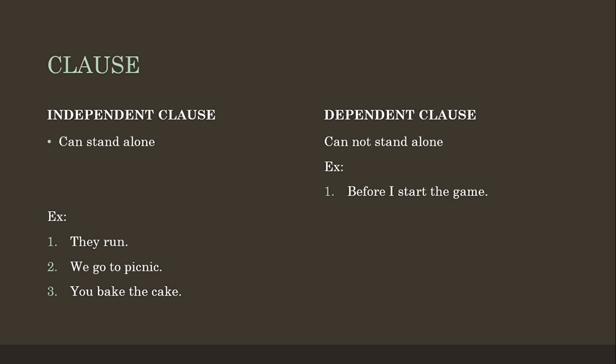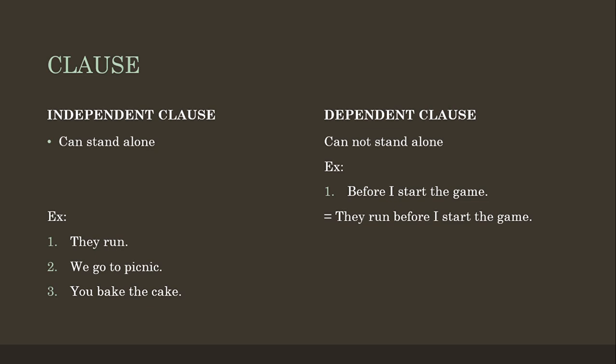So how to fix it? We join them together. We join the independent clause and the dependent clause: they run before I start the game. The independent clause is they run, and the dependent clause is before I start the game. Because there is one independent clause and one dependent clause joined together, that is a complex